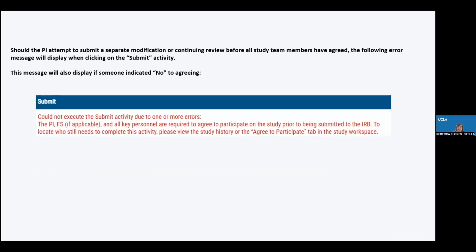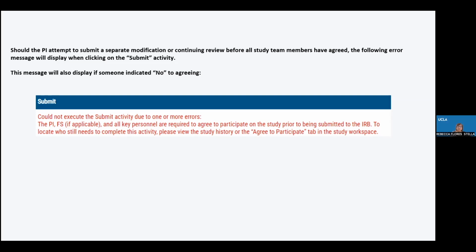And again, if you use the edit study personnel activity and you're trying to submit a subsequent modification or continuing review, you will receive this error message. So basically, for a new study, you can't submit at all until the agree to participate is completed.